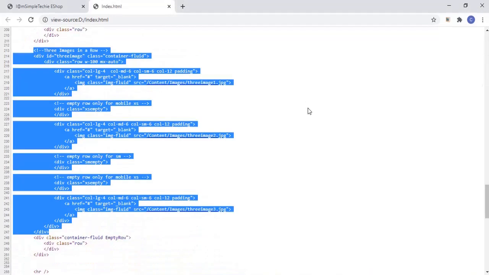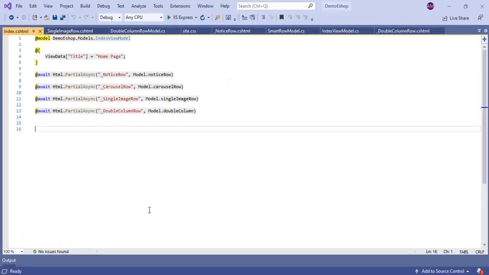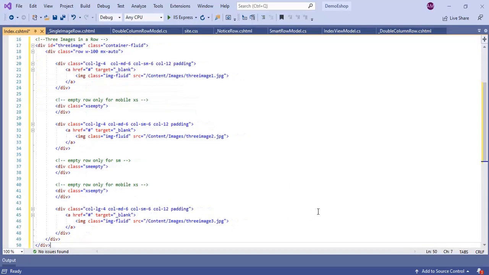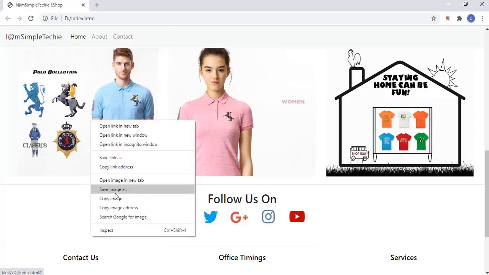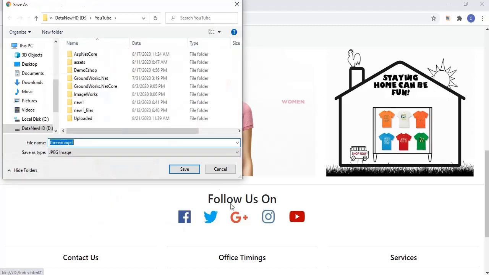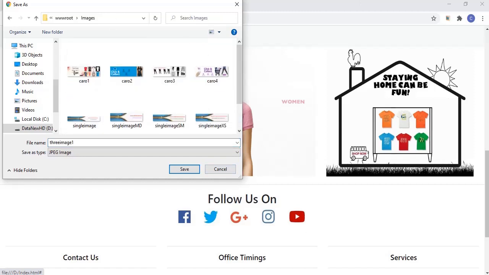Let's copy the source of the triple column row from the final output source and paste it into the index.cshtml. And then we will copy the required images of the triple column row and save those images to the images folder inside our project's wwwroot folder.